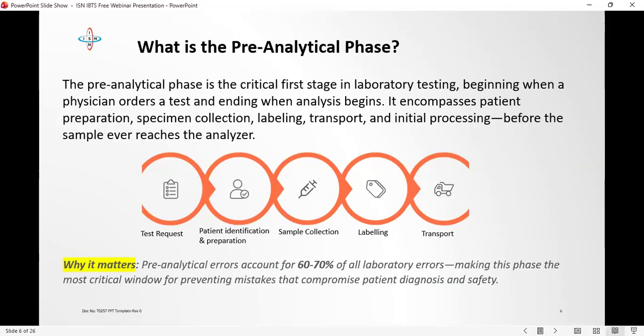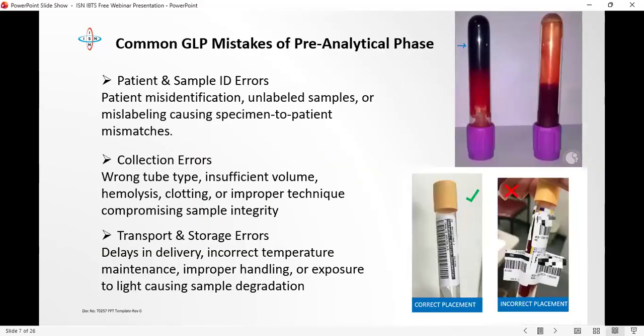So let's also look at sample collection. An example is sample collection. Hemolysis is one of the most common issues, and it often results from technique: using a needle that is too small, applying excessive force during collection, or even improper handling of the sample after collection. When red blood cells rupture, intracellular contents like potassium and lactate dehydrogenase are released into the plasma, right? So now your results are altered, not because the patient had a problem, but because the sample was compromised, right?